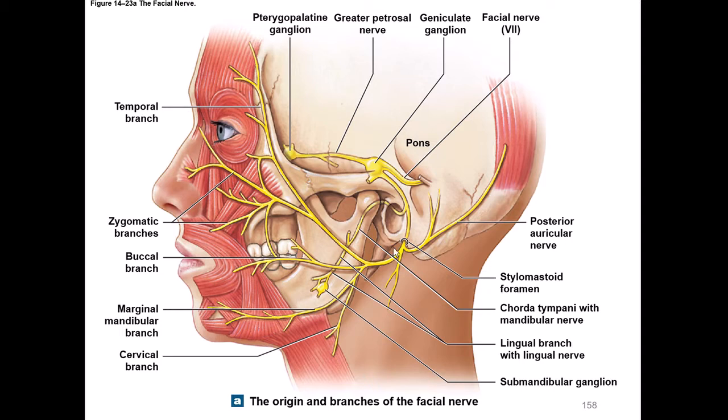Right, so we can see here's the facial nerve going to all your facial muscles over here. There's a branch that goes inside to the tongue, and again, it does taste to the front two-thirds, right, not the back one-third. And then it also does all the glands of the face except the parotid gland. So things like your lacrimal glands, your nasal glands, things like that is under the control of the parasympathetic nervous